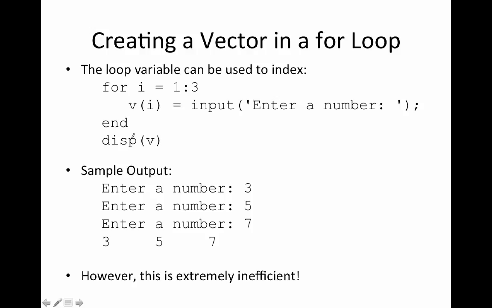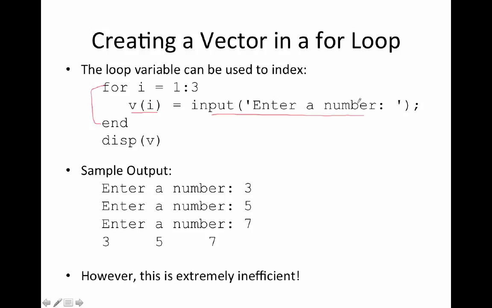Now if you wanted to ask the user for input a bunch of times, that's something you cannot vectorize. So you would have to do that in a for loop. Let's say we want the user to enter 3 numbers, for example, and we want to put them in a vector. We could have a for loop that repeats 3 times, so our loop variable I goes from 1 to 3, and each time we're putting in a vector v sub I